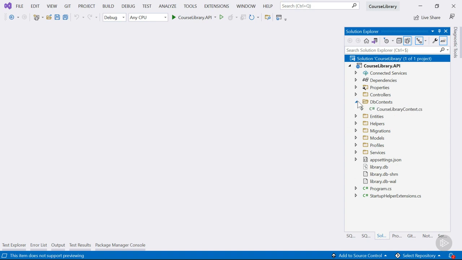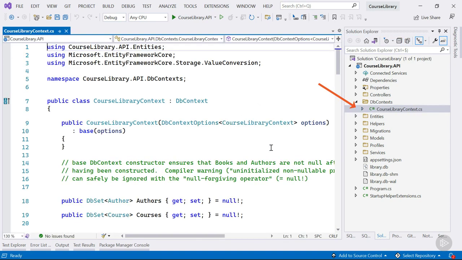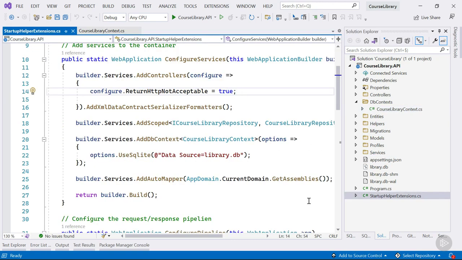I'm using Entity Framework Core, so I've got a DB context, course library context. As this is Entity Framework Core, a multitude of database providers can be used. I chose to use SQLite for this course. And that's on purpose. Using SQLite means that this code will work regardless of the operating system you're using. Some of you may be on Windows, others may be on Mac or Linux. SQLite is not tied to any specific OS. But if you ever want to switch to another type of data provider, you know that that's easy to do